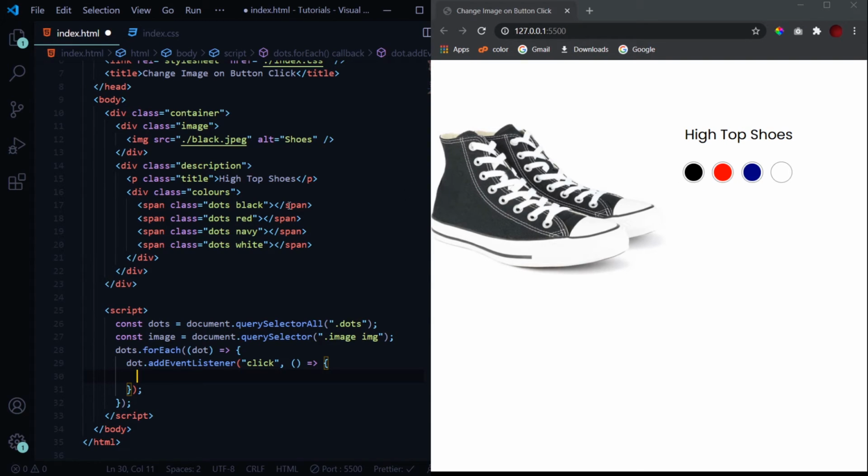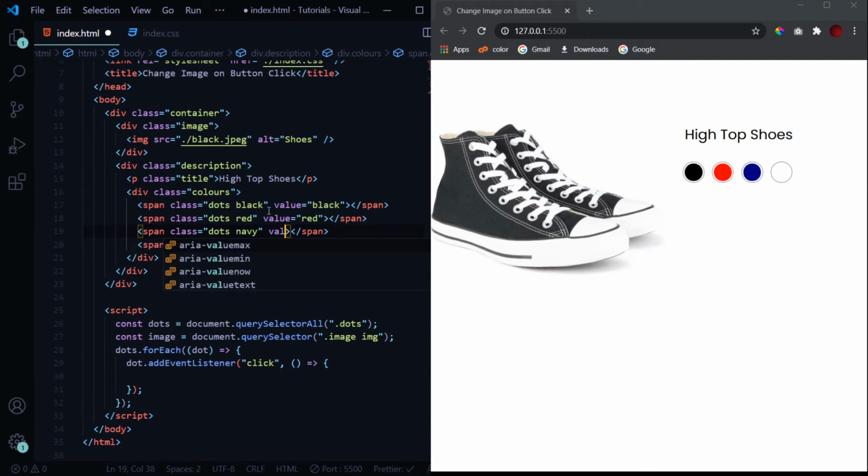So for that we need to provide them with another attribute here. The value of this one will be black because this is the black dot. Same, the value of this one will be red. We'll give everything the value of whichever color it represents. This one a navy value, and at last this one will have a value of white.